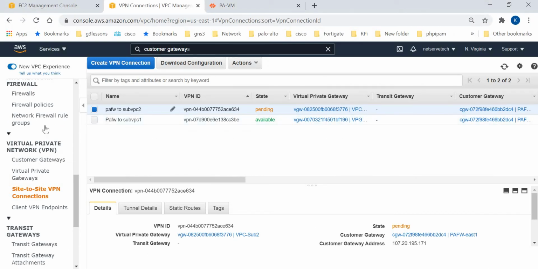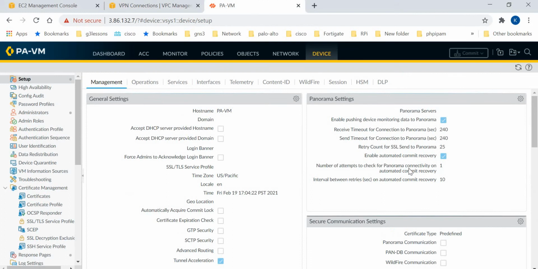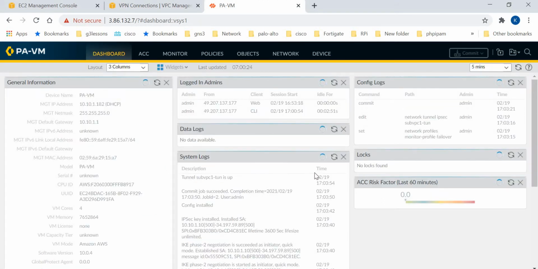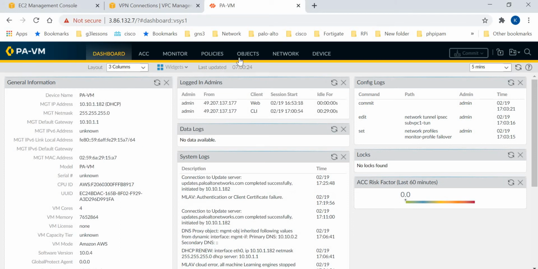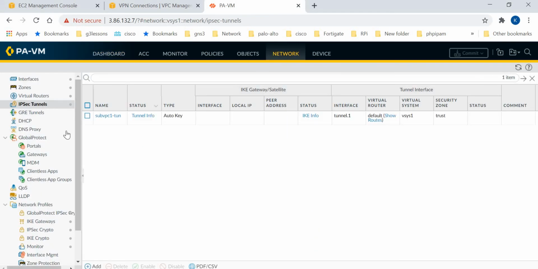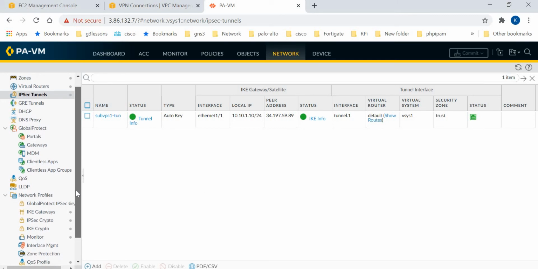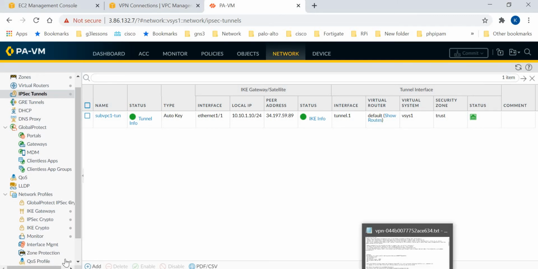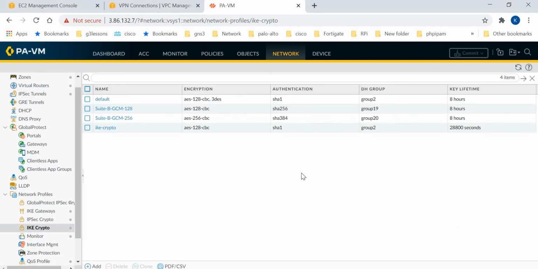Okay, now let's log into the firewall. Okay, here is the firewall. Right, let's go to network. Okay. So IKE crypto.